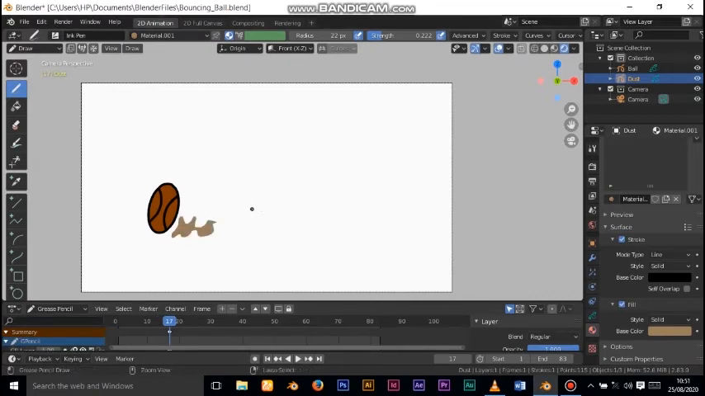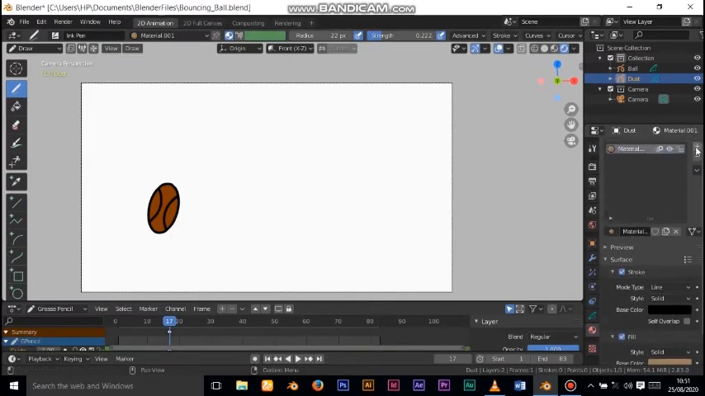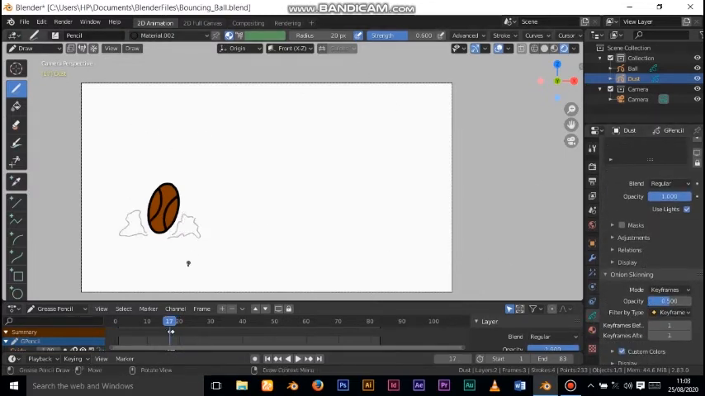So let me quickly add a new layer. I'll call it guide. And then I'll add a new material. This material I want to use to draw the guide. So I'll draw a very simple dust, very small size, and then go to the next frame. I'll make sure onion skinning is turned on, and then in the render type,